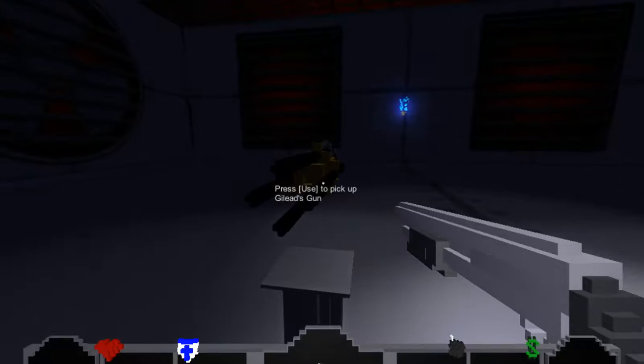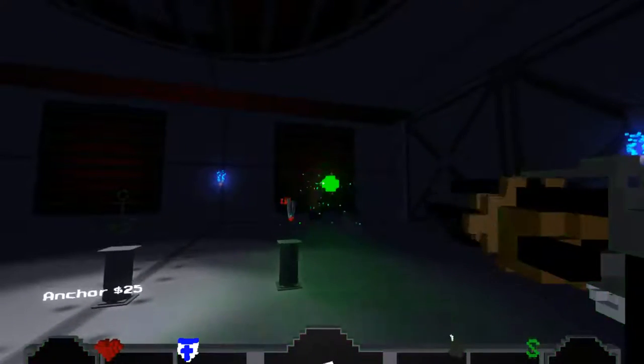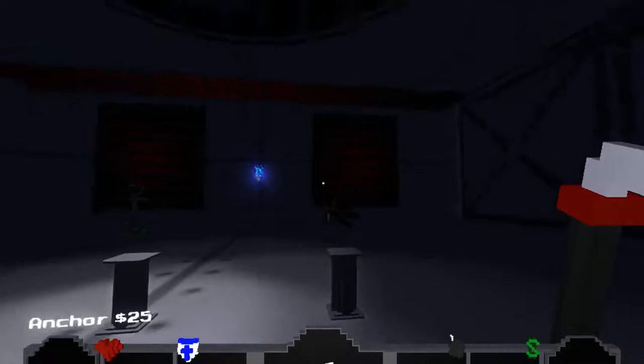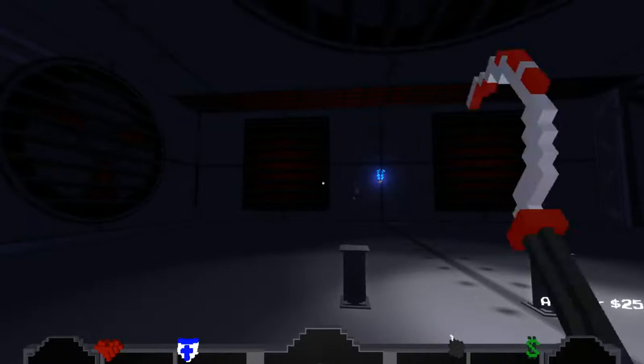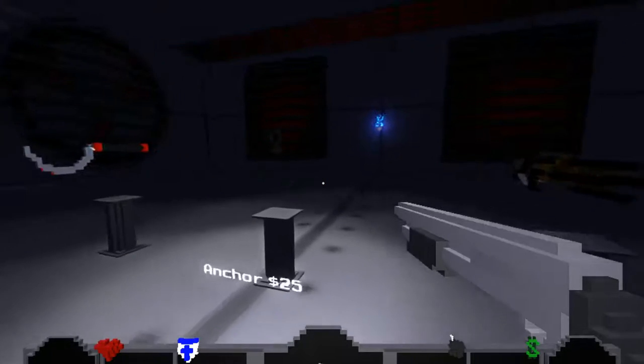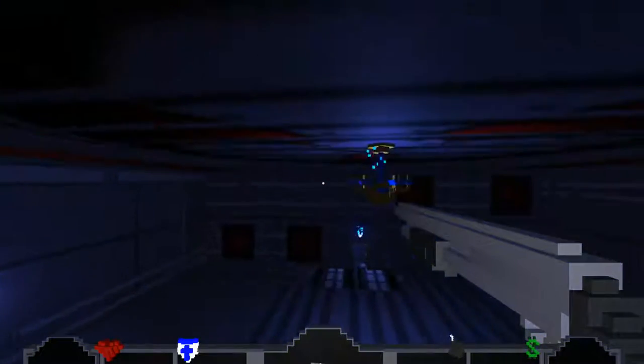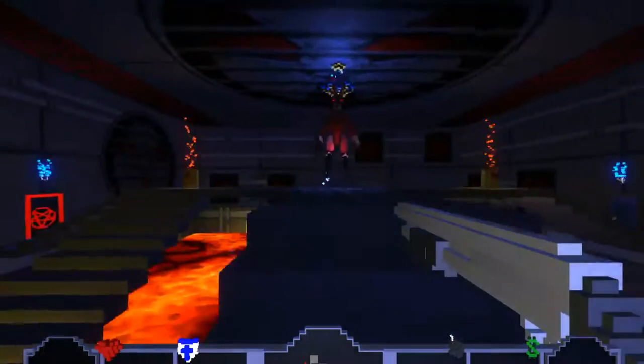Unfortunately, we have two weapons for sale. Gilead's gun isn't bad. It's going to fire these plasma bolts. I'm going to stick with the shotgun. The sickle here is also, explained before, not bad, but not great. The anchor is an item that I don't really see the use of just yet. Essentially, it causes you to fall faster, which I guess could be beneficial if you're trying to dodge by jumping,